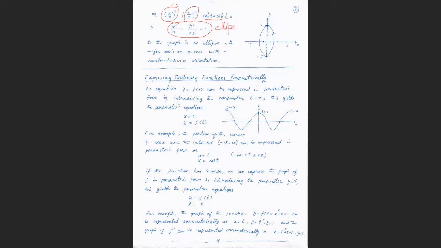This is 4, it means I need 2 and minus 2. This is 25, I need 5 and minus 5. So joining each point, I will get the graph of an ellipse with the major axis on the y axis, with counterclockwise orientation. Why counterclockwise? Because this is the 0, and we move like this, which is the opposite direction of the clock. So this is the counterclockwise, or you can say anti-clockwise direction. Understand? This is okay?